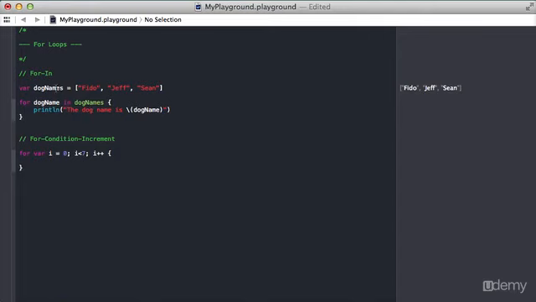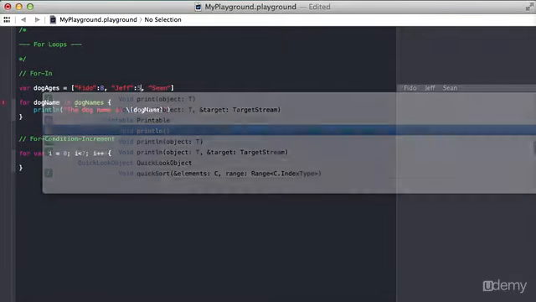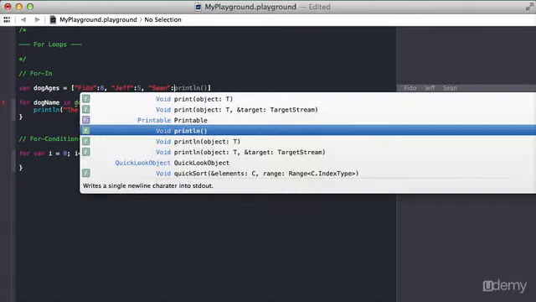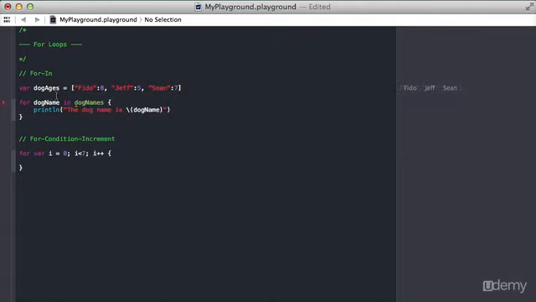Now if we wanted to use it with a dictionary, we'll change this to dog ages, just like we used in the other examples, and we'll turn this into a dictionary literal. Awesome. So we have this dictionary called dog ages, and it has strings for the keys and ints as the values. So now we have to change this to dog ages